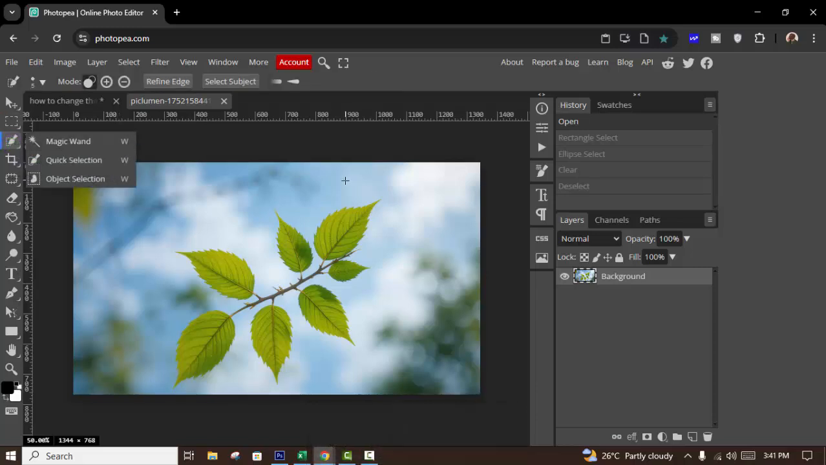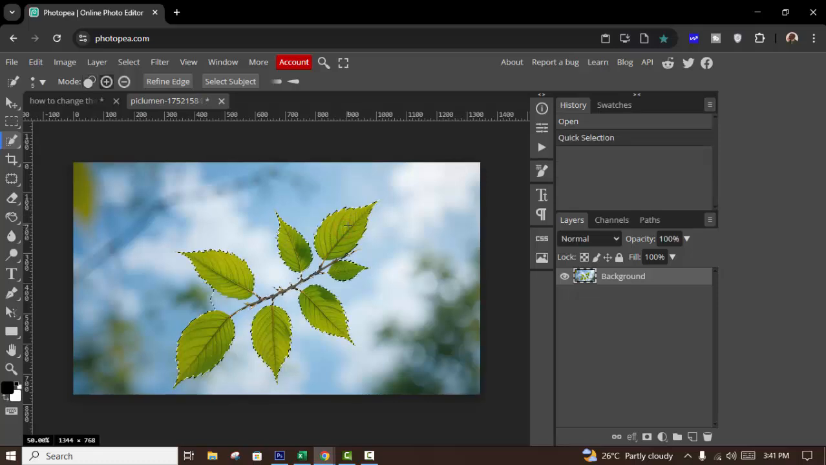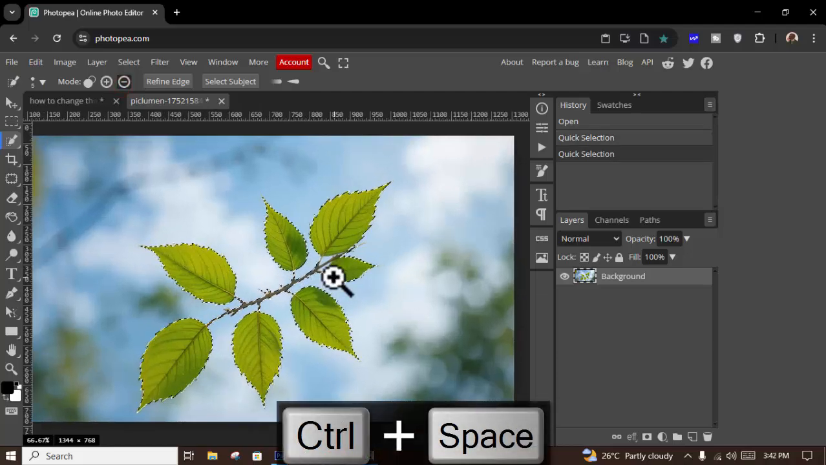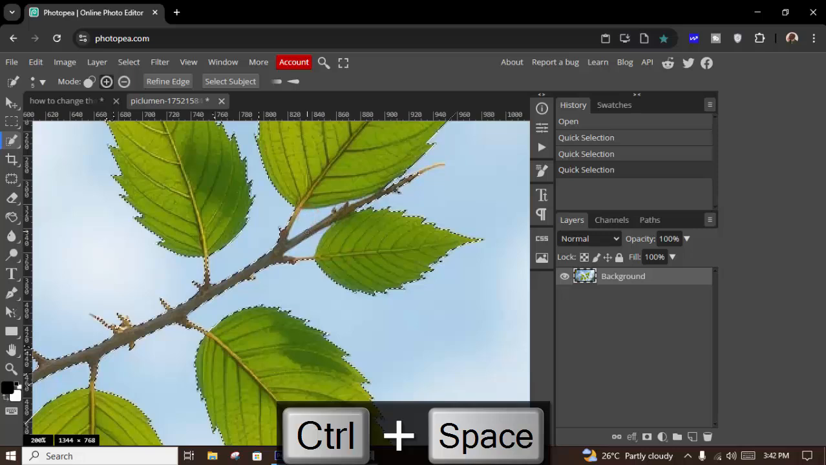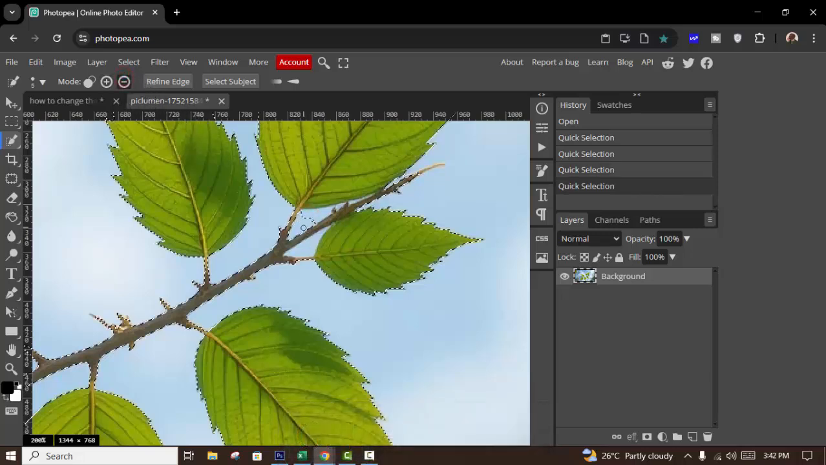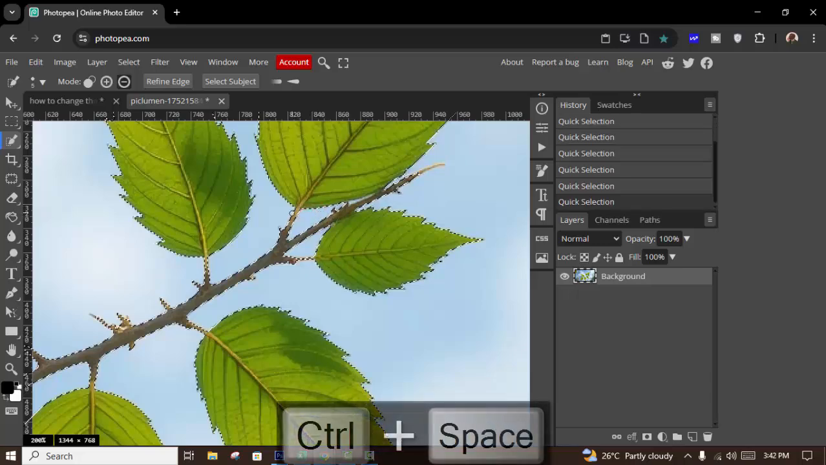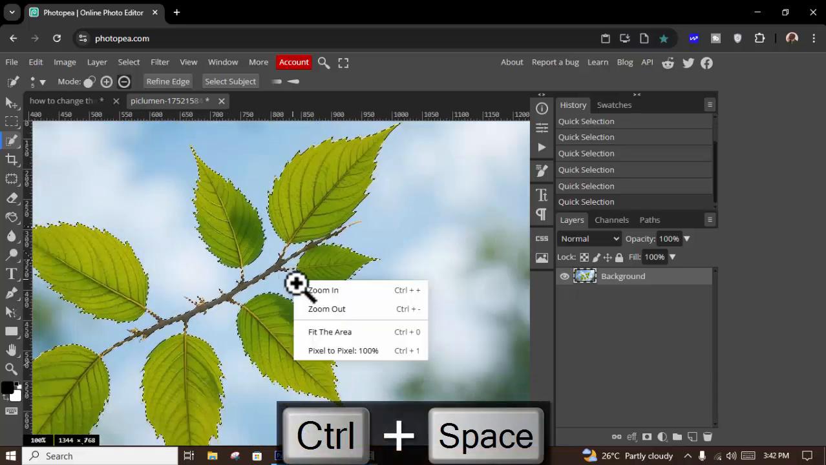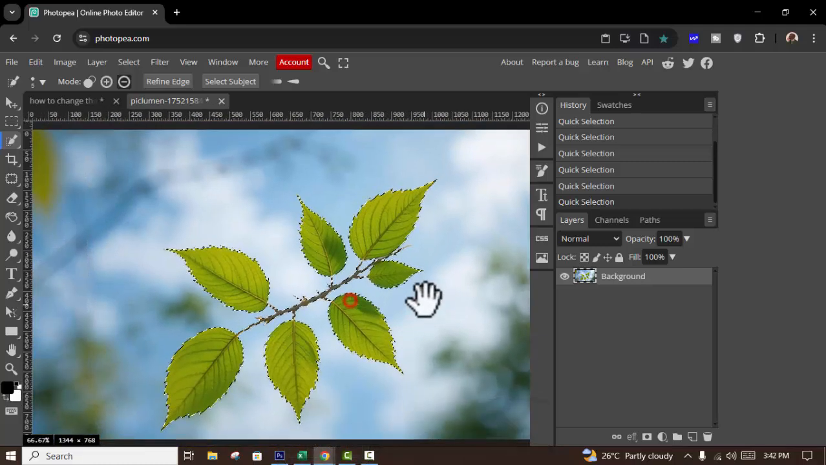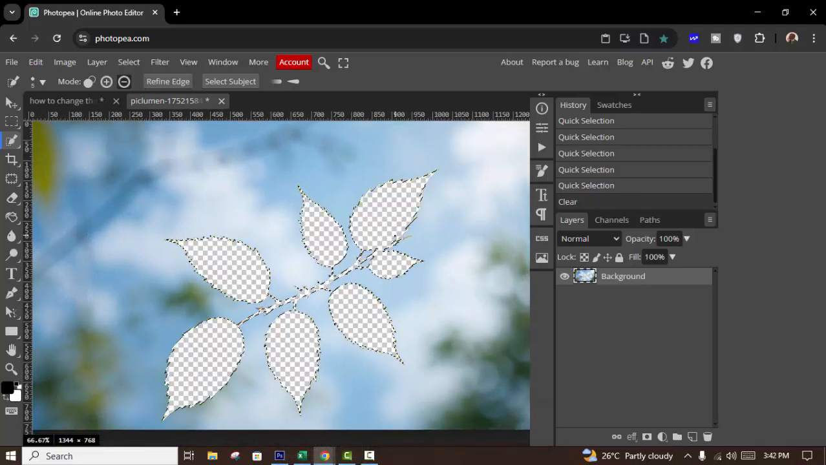Use the magic wand tool for single color selection, or the quick selection tool to select an object. For example, use the quick selection tool. Then first of all select the leaf. Okay, then press delete on your keyboard or